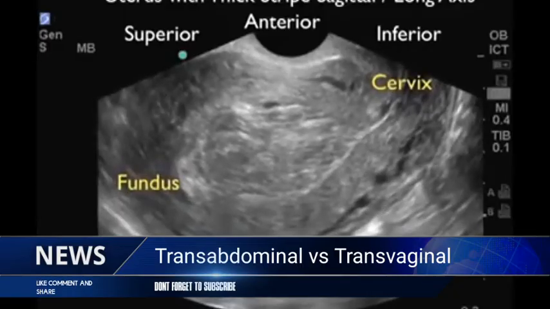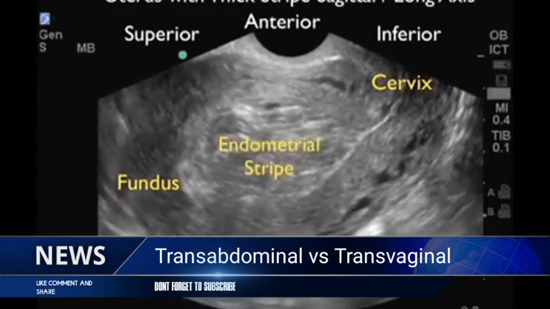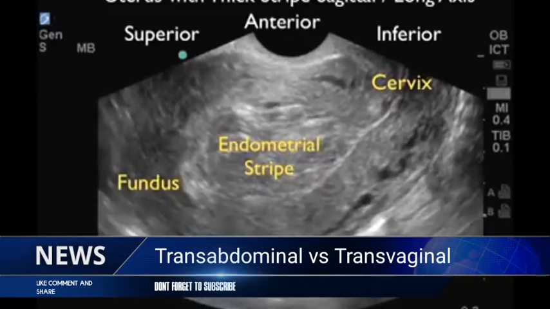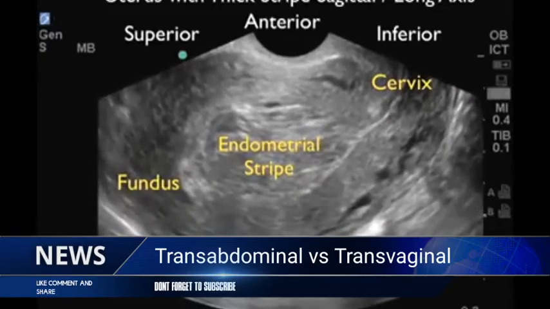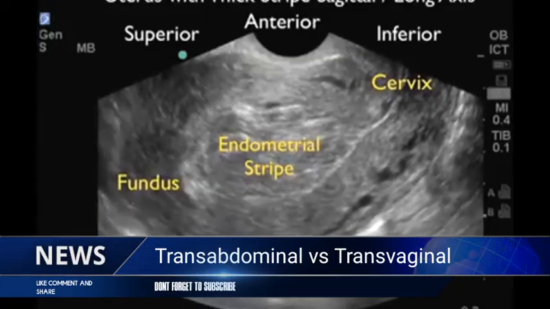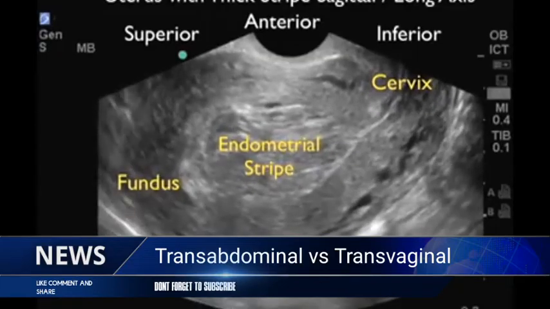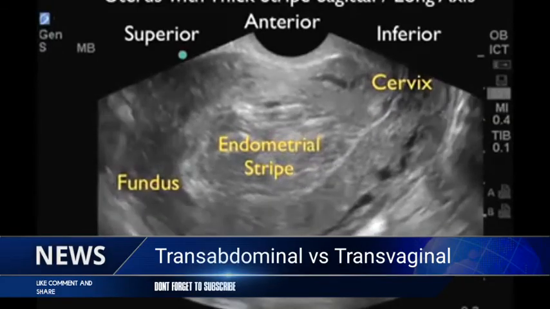Here's another ultrasound image showing a long axis scan through a female uterus in a patient who had recently undergone a voluntary termination of pregnancy, or a VTOP. Our patient had experienced continued bleeding after the procedure, and note here the very thickened endometrial stripe greater than 2 centimeters in diameter. Very suspicious for retained products of conception as a cause of our patient's continued bleeding. This patient had a GYN consult, and a D&C procedure was necessary to fully evacuate the endometrium of any retained